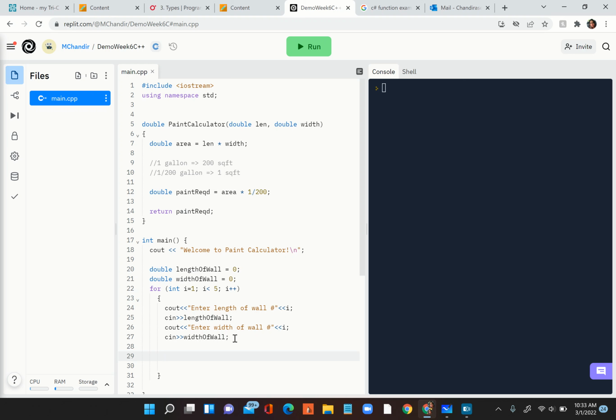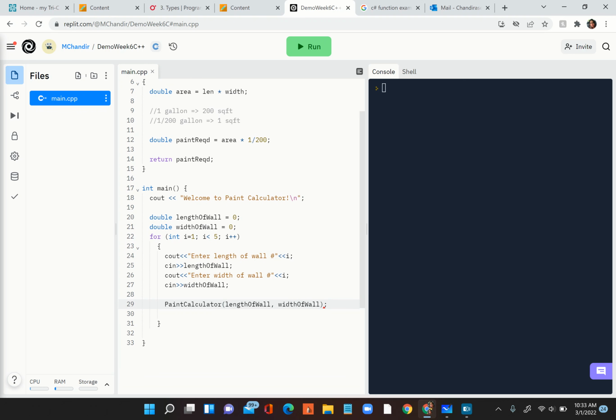Now I have to call the paint calculator. So call the paint calculator, send in length of wall and width of wall. Send in these two parameters, semicolon, and this returns a value. We have to capture it here. Okay, so let's do total paint. So we could just do here total paint required equal to